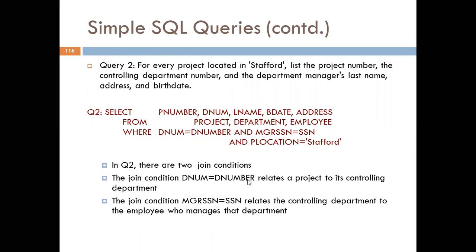So if you look at this query, we need project location is present. So that is Stafford. We need its project number, controlling department number. So these things we can get in the project table itself. But along with that, not just manager's SSN, here the manager's name and date of birth is also required. So this information is present in